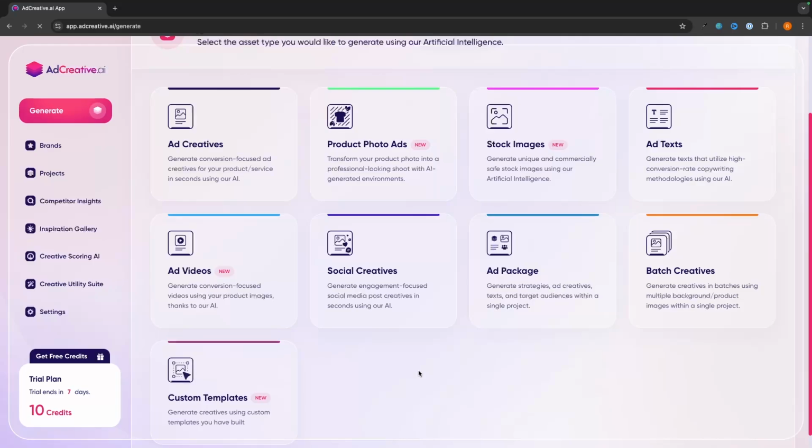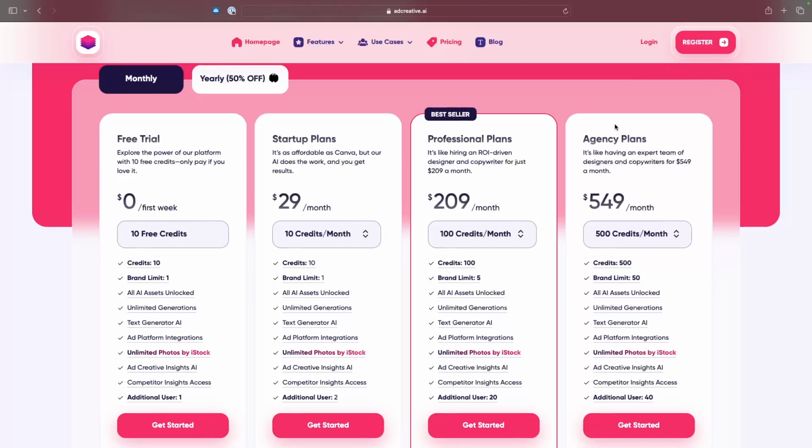But before I dive in and show you each of these tools, I want to make a big disclaimer first. Ad Creative AI is not the cheapest tool on the market. It's actually relatively expensive. I will touch more on the pricing plans of Ad Creative AI later on in this video, but the first thing that you need to understand is that instead of using Ad Creative AI, you can